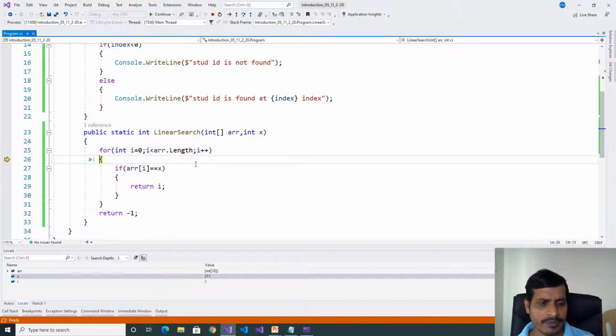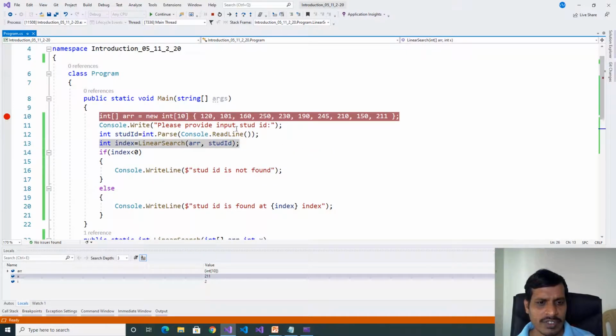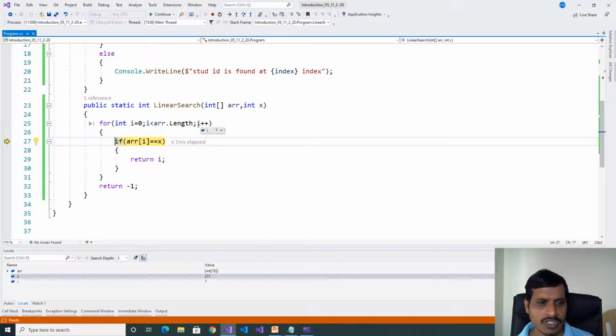It will increment like that. It will compare with this item, this item, this item, like that. It will check with all the items. Finally, we found the item at the last index. So here it takes 10 iterations. Here i is equal to 7, i is equal to 8, i is equal to 9. Here array of 9 is 211, x is 211. 211 equal to 211.